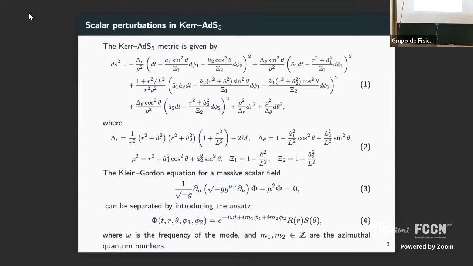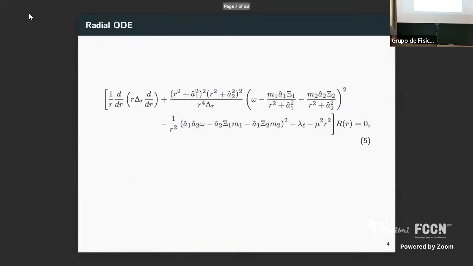Actually, in the case we will consider, which is the equal angular momenta black hole, the separation constant reduces, so it's easier to compute. The angular part is given in terms of the hypergeometric equation, so it's easier to solve in this regime. Omega is the frequency of the mode, and m1 and m2 are related to the magnetic or azimuthal quantum numbers. I'm not super rigorous about the ansatz, but let me keep the notation short. So the radial equation is